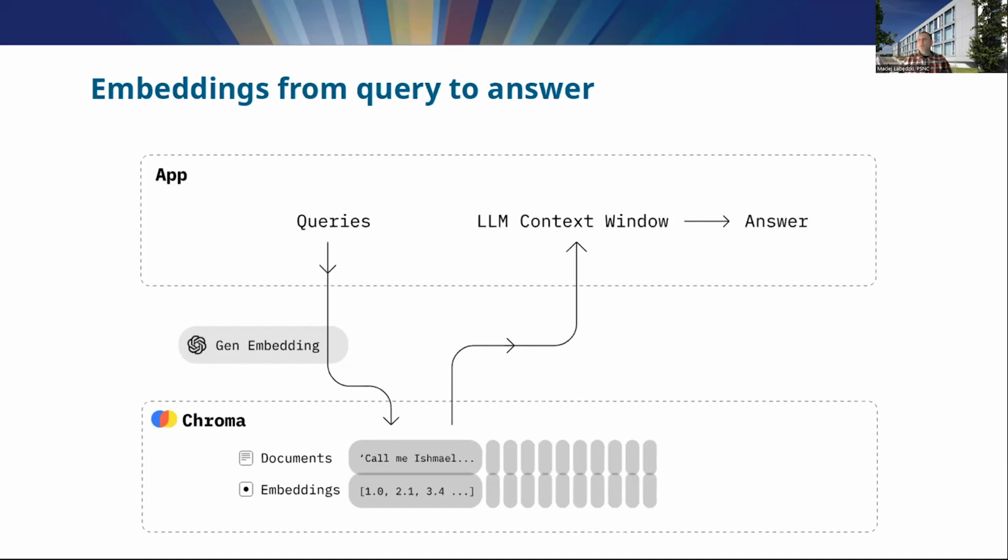Why did we decide for this approach? There are 4 strong reasons. First, enhanced accuracy. By accessing and processing relevant information from a knowledge base, the chatbot can provide more accurate and informative responses. Second, improved contextual understanding. The RAG technique allows the chatbot to understand the context of the user's query better, leading to more relevant and personalized responses.